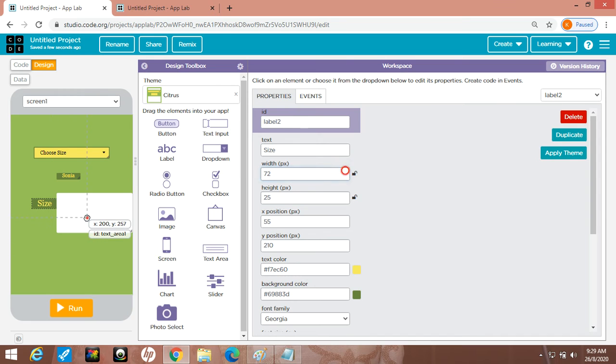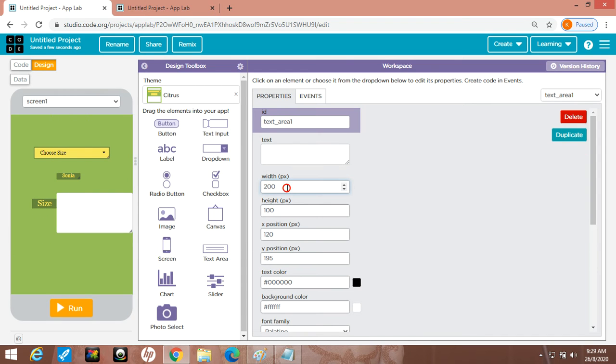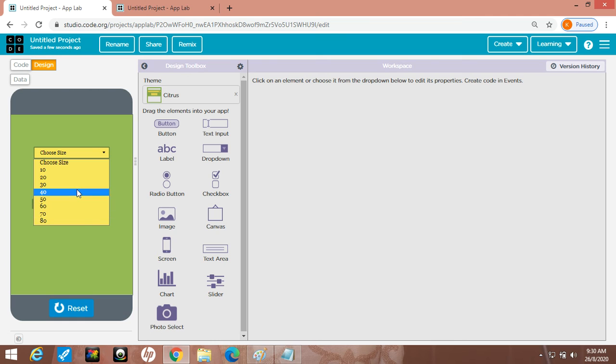Okay. Now come to this text area. I want to decrease the width and height. I am writing 50, 50 simply, and if you want to decrease the height, you can decrease it like this. Now you can set the X position and Y position here, like this. Okay, done. Now my main motto is this: when I choose the size, suppose I choose 40, then the size of Sonia should become 40 and 40 should be written in this text area.